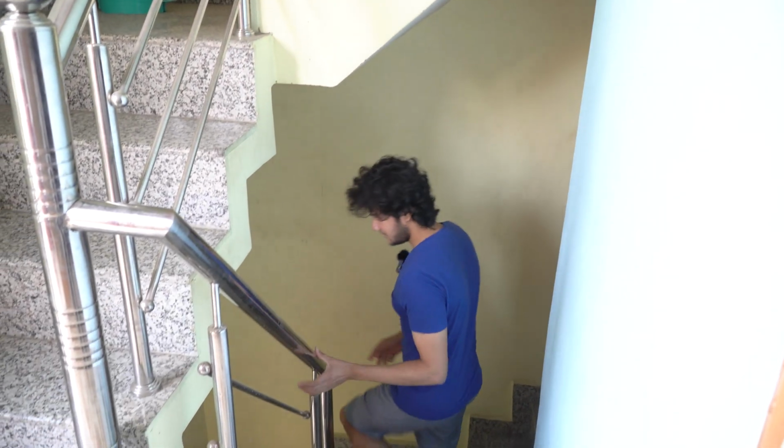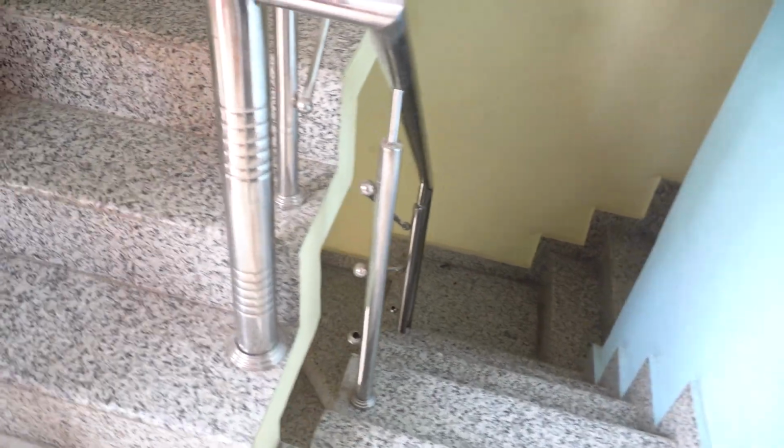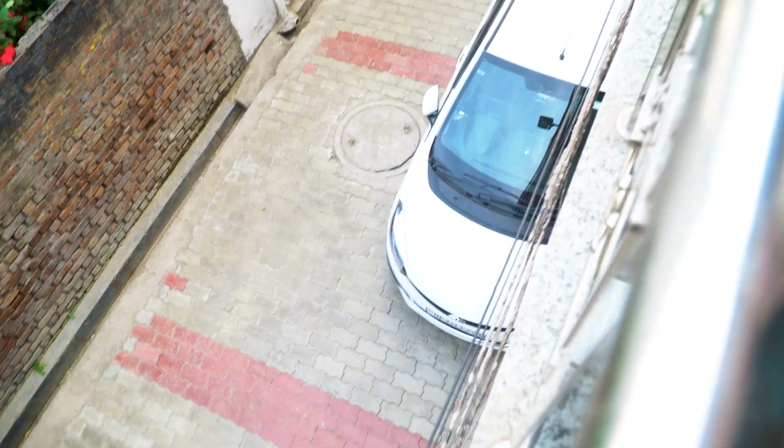Now I will be walking down one floor and then I will be walking around a little bit, not too far away from this location. Let's see if the audio is skipping any beat or not, and I will keep talking just in case to let you know that it's still working. And I am at the ground floor. Now I will be walking around